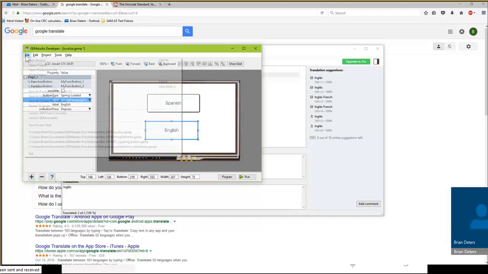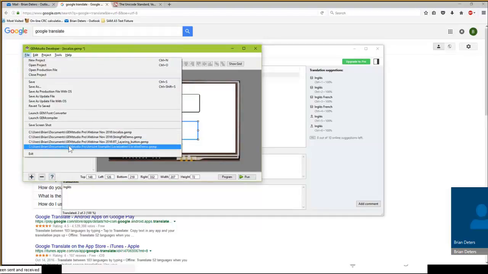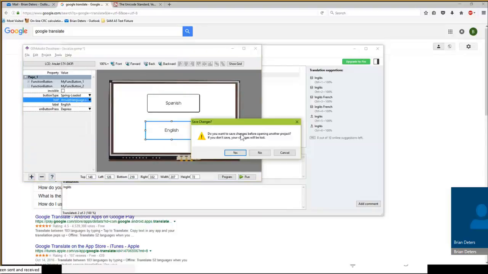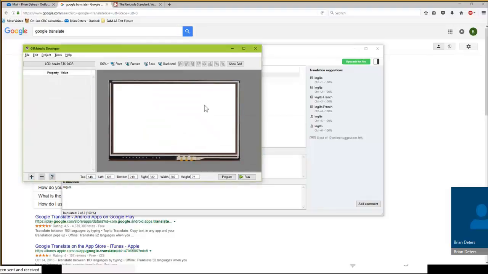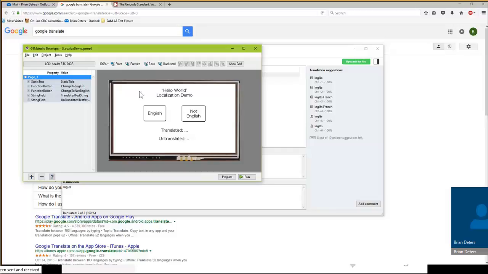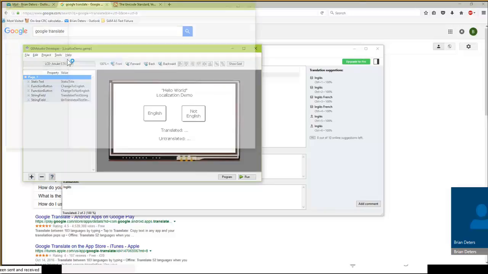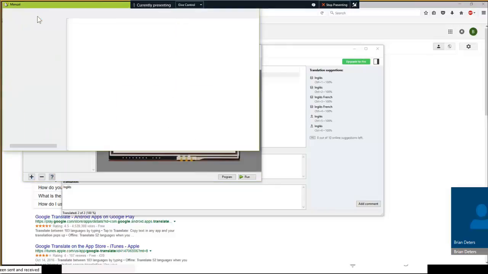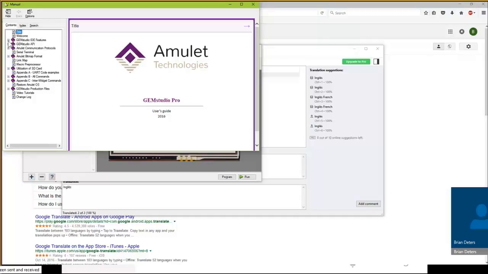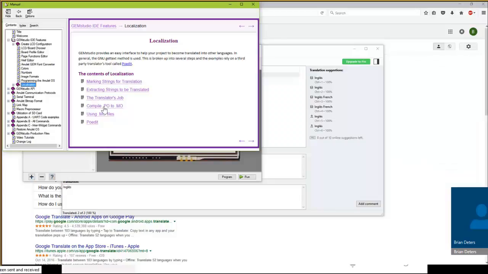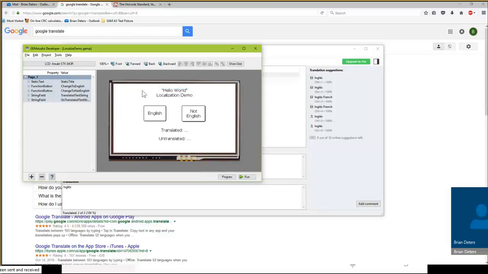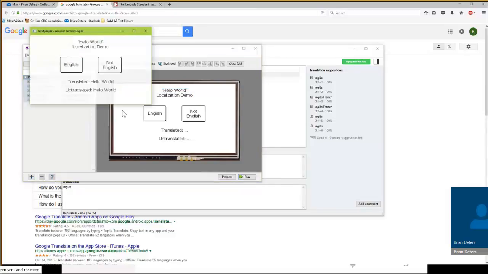There's a little more to it. For example, having strings that you don't want to translate. And I'm not going to go through all the details about it now, but there's a walkthrough in the help. So if you go to the user's guide and then go down to the GEMStudio IDE features, localization, there's a step-by-step guide on how to do all of this. And it's going to take you through the example in the Amulet help, this example is included with it, and we take you through how to